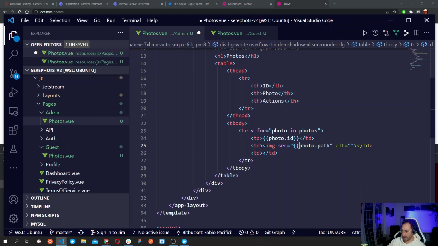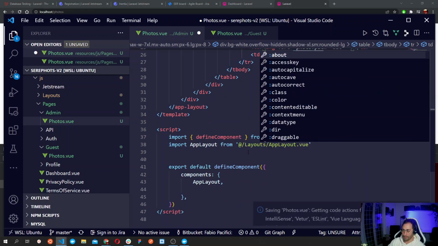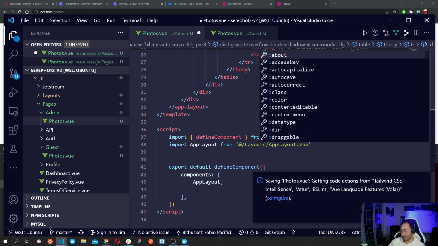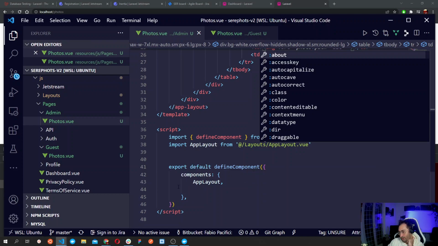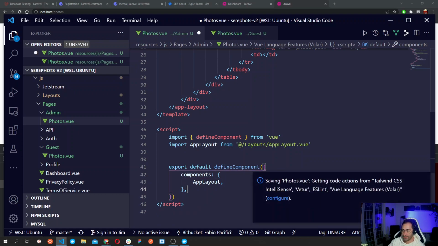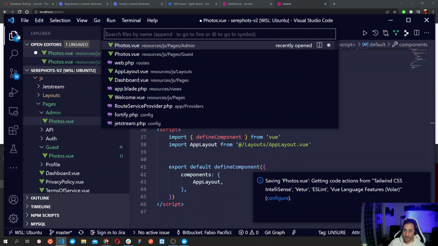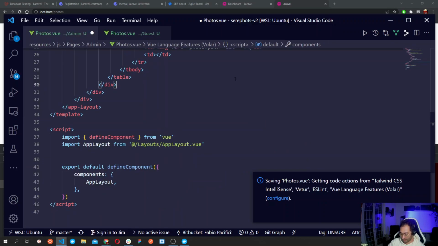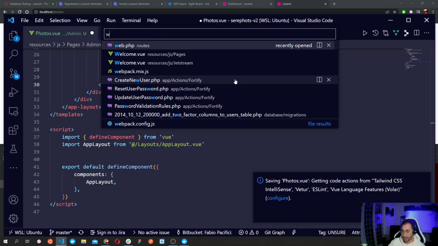Not sure it is correct, but we need to use the v-bind because otherwise this won't compile to the actual JavaScript. And I should also pass some props, I believe, to be able to use this list of photos. So let's first open the route,